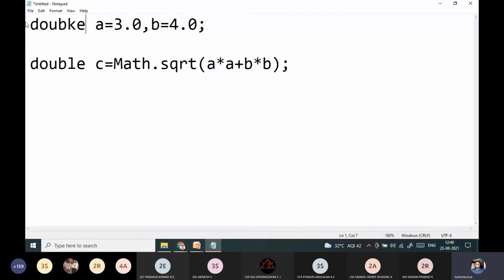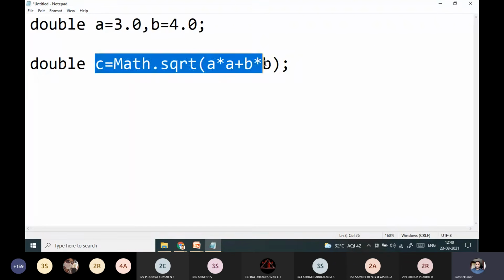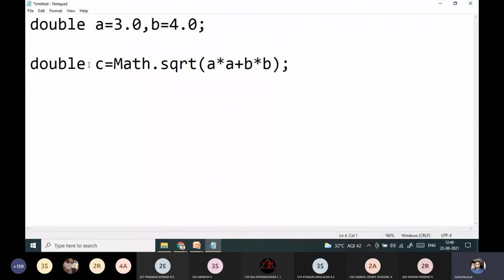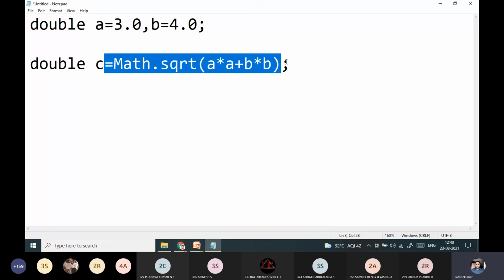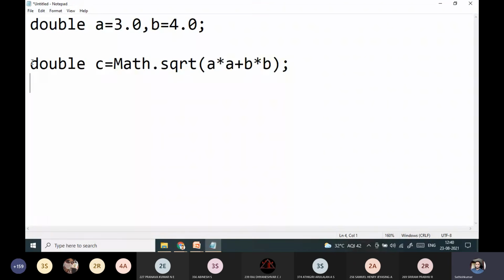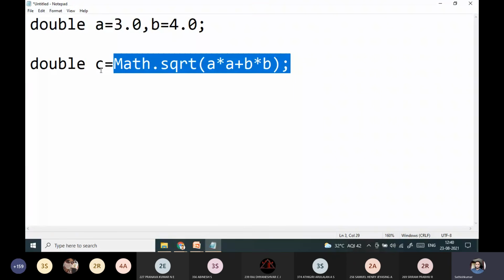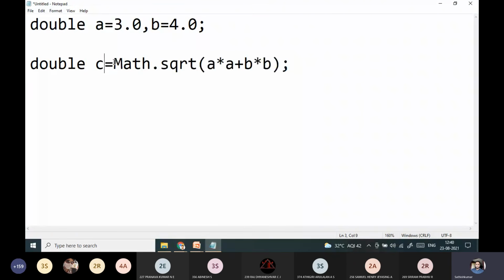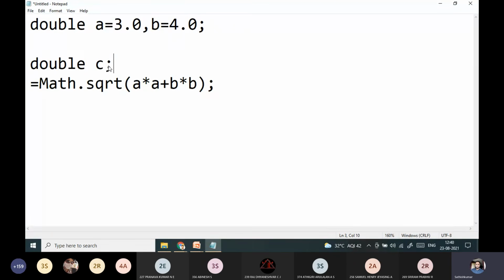Double. And then you can also use this dynamic initialization in Java as well. Without declaring C separately and then assigning an expression, I can directly assign a variable with a data type and then use the expression. So what we do in other languages is double equal to C, and then what we do actually,